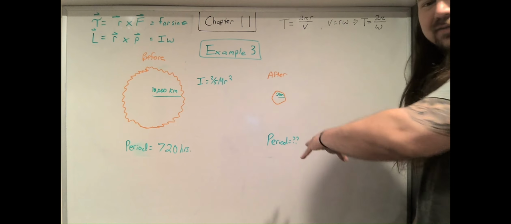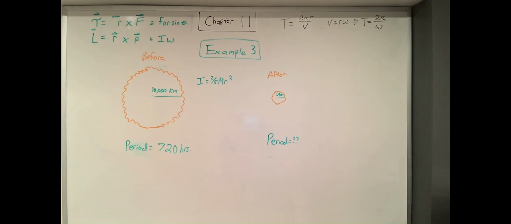Either way, we have a before, we have an after. So this should be a clear indication now that before and afters usually deal with momentum problems. What type of momentum? Well, it told us it was a period and it was rotating and there's an I involved. So angular momentum is most likely where we want to go with this. Now, when we have momentum, we have to ask ourselves, is the momentum conserved? Is there any kind of outside forces affecting the star? Is there anything resistive going on, like air resistance? No, none of that's apparent in the question, which means angular momentum is conserved,